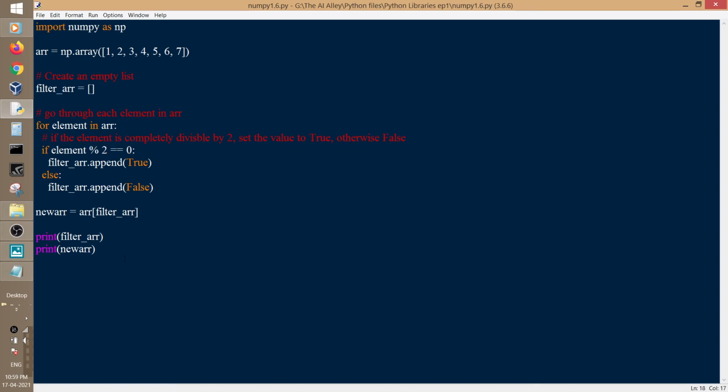Simply applying this filter, you can check those. You can create different filters as per your values or as per your condition requires.